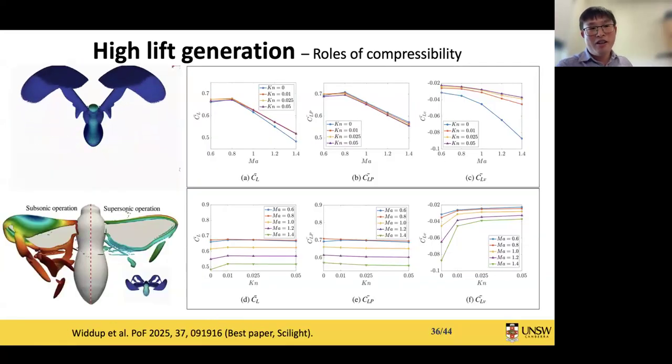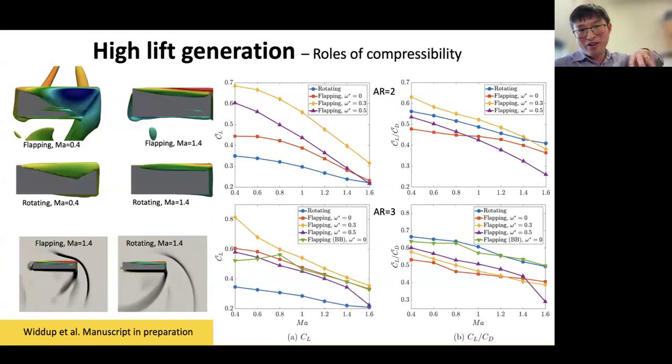Now, if you remember, in the beginning we talked about the lift generation for steady aerodynamics, rotating wing, flapping wing, all these. We mentioned that when Reynolds number is very low, we have to use flapping wing. And here we compare the rotating wing and the flapping wing for very low Reynolds number. Reynolds number, I believe in this case, is just 200. Here the first row is the flapping wing with the vortex structure, and the second is the rotating wing. And when we compare CL, lift generation,